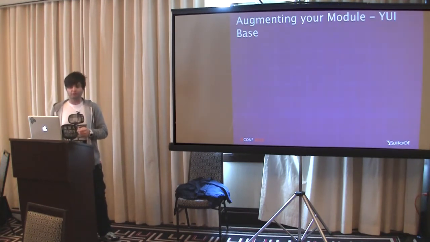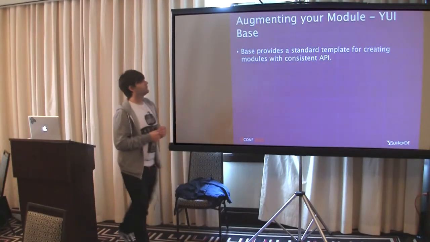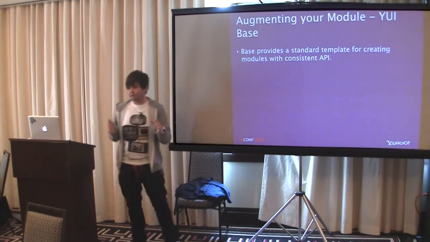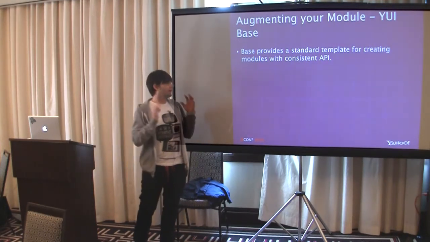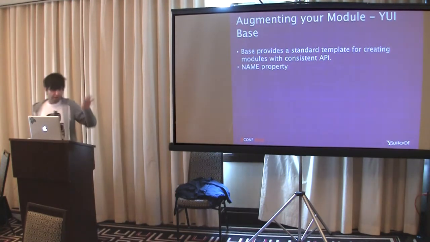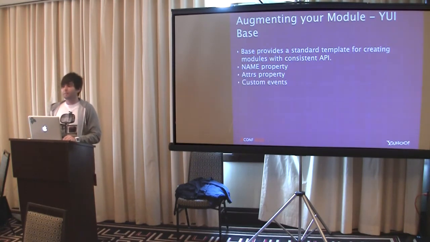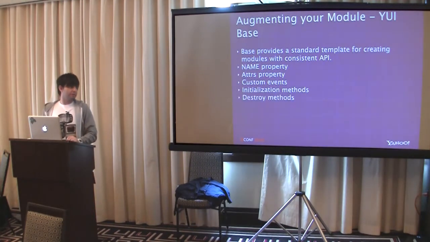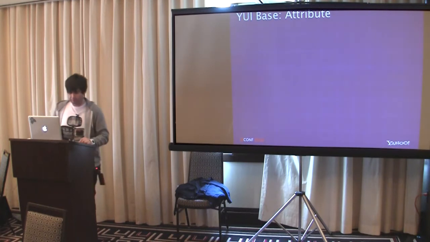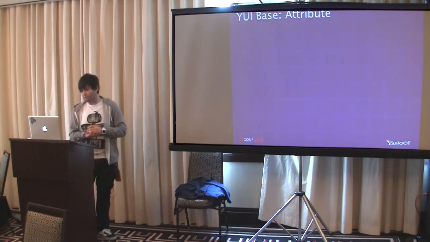But we can also make our module a little bit more interesting by augmenting the YUI base. So YUI base provides a standard template for us to create a set of modules that are going to be consistent along the way. It's going to do that by giving us a name property. It's also going to provide us an attribute property. It's going to extend event, so we're going to have all the goodies of having custom events on our module. It's going to provide init methods and destroy methods. So that's very important stuff if we want our application to be a little bit more sophisticated and